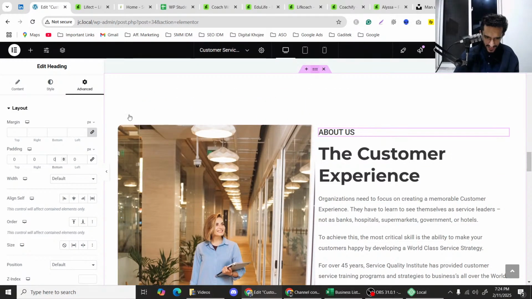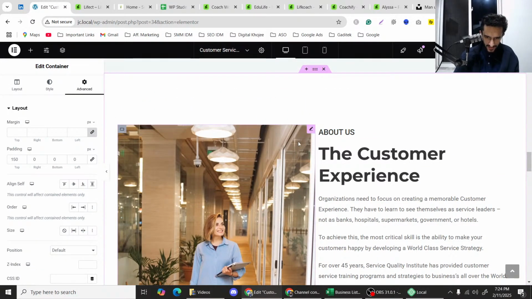तो अब इन दोनों कंटेनर को सिलेक्ट किया, और इसके दरमियान दो कॉलम हैं ना।